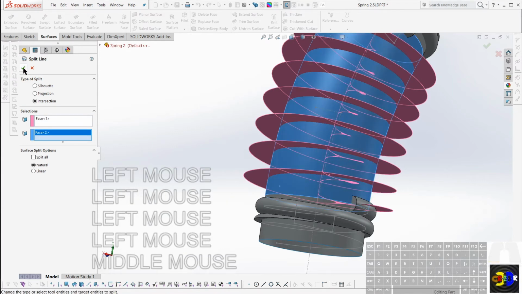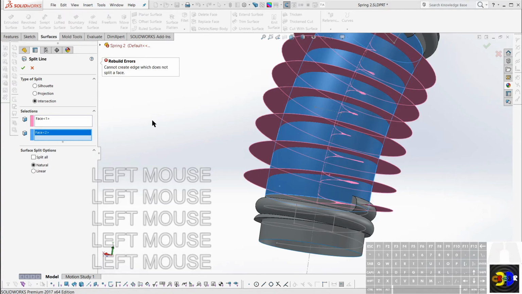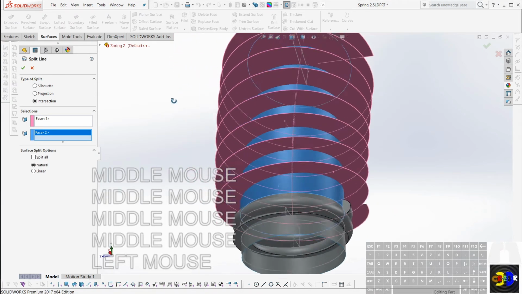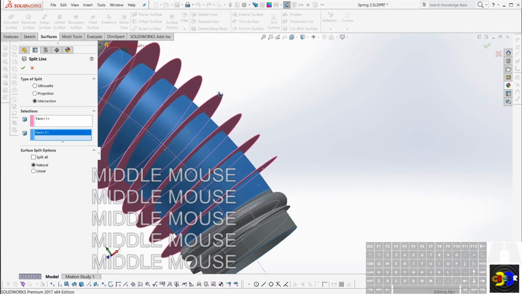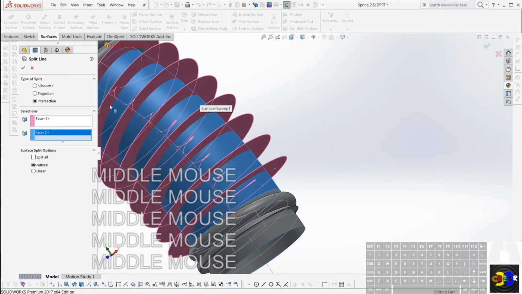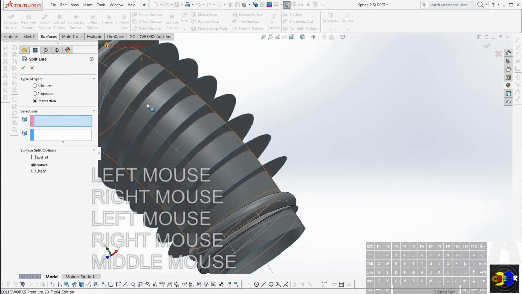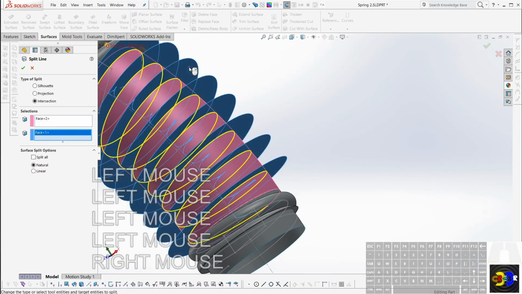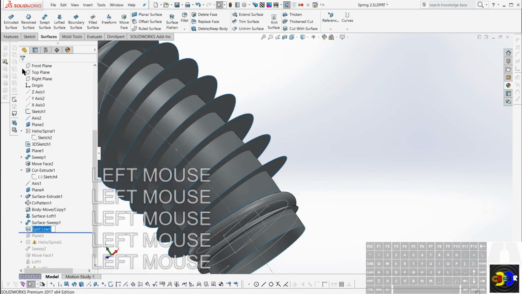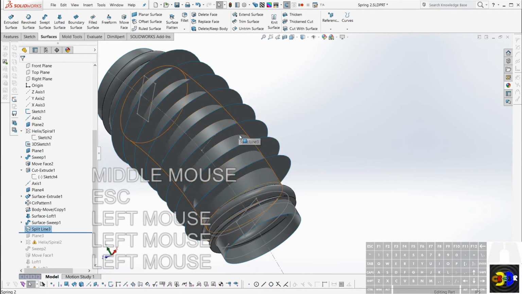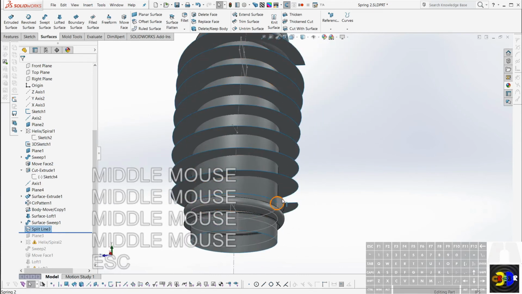Between those two. Doesn't quite split the face. How about the other way? How about if I take this guy to split this guy? That worked. So now I should be able to